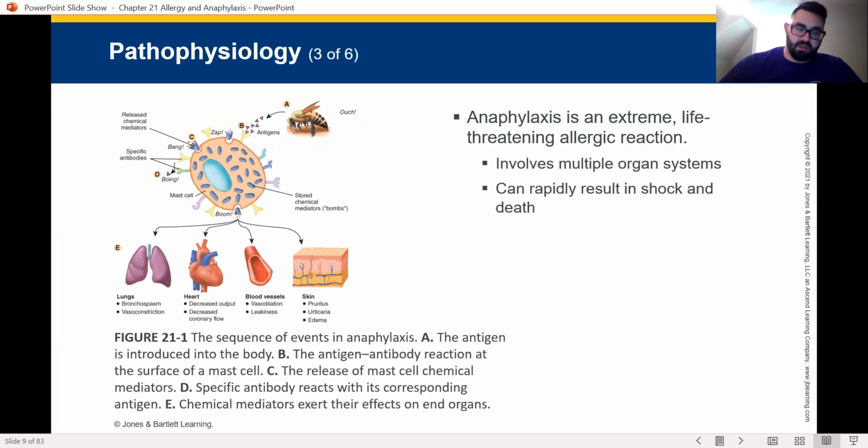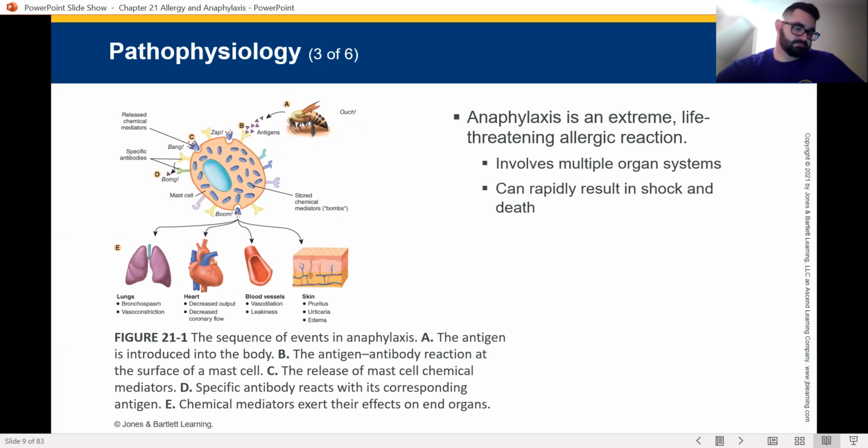That's where the edema comes from. Now, the heart will have decreased output and decreased coronary flow. Why? The pipes are too big. The pressure is not high enough to reach the targets, right? So they'll have decreased cardiac output and decreased coronary flow, which means the heart itself won't be getting